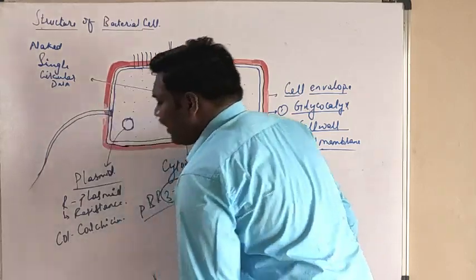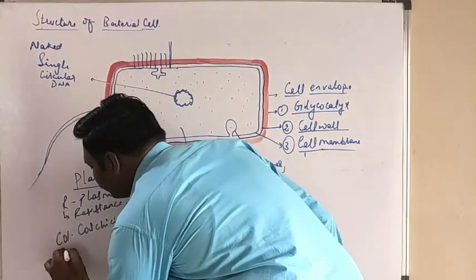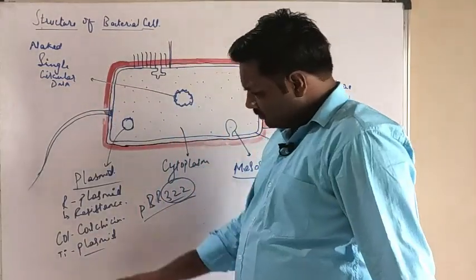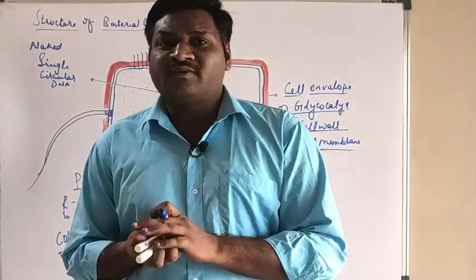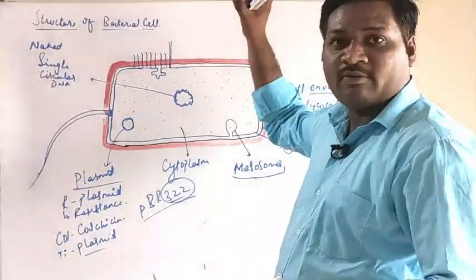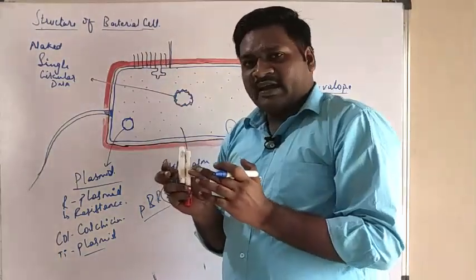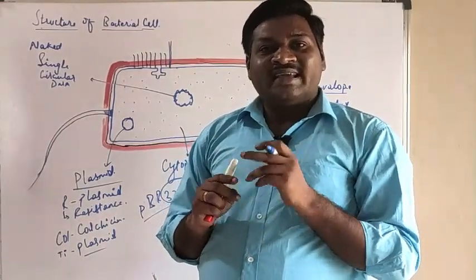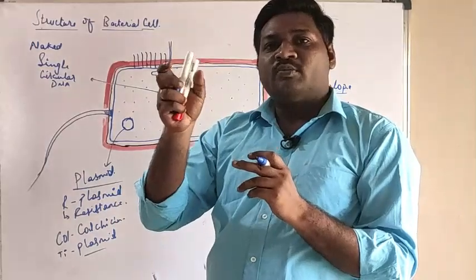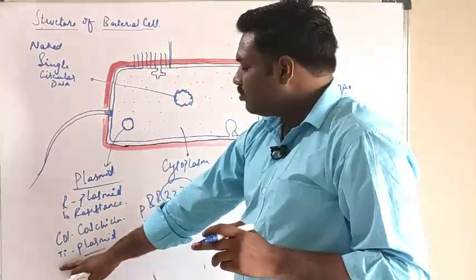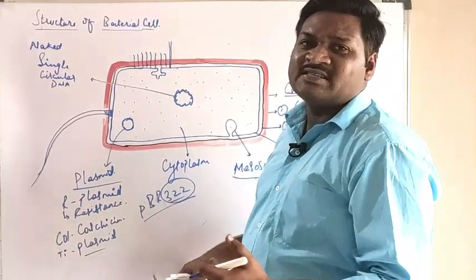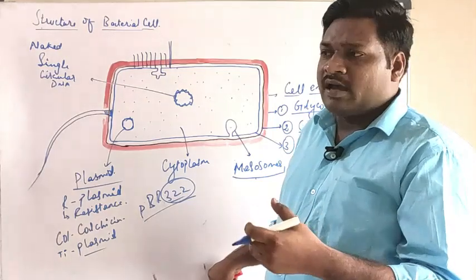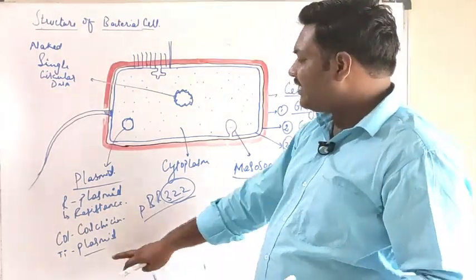Then another type of plasmid we have is the TI plasmid. TI means tumor inducing plasmid. Yesterday we discussed the symbiotic type of bacteria, right? When bacteria form colonies around the root of a leguminous plant, they infect those roots and form a tumor. So that is called the tumor inducing plasmid. That tumor is nothing but the place where these bacteria will live. They will multiply and accumulate their nutrition from the plants. So that is the TI plasmid.